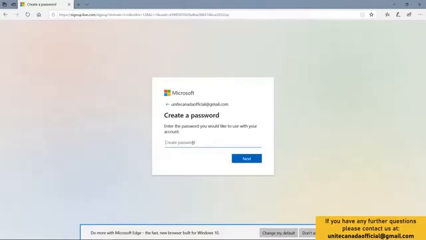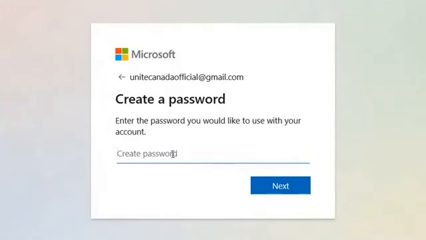Now it'll ask you to create a password. So I'm going to make mine Skype12345. Obviously pick whatever password you want. I'm using a pretty easy to crack one. Please use something a little bit more personal and advanced, but just for the sake of this video,